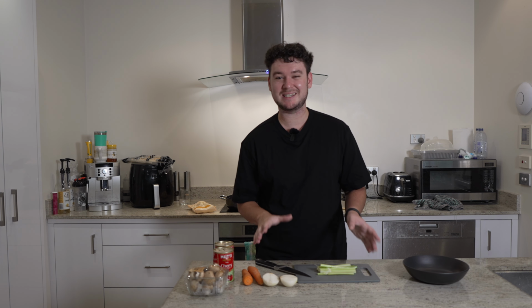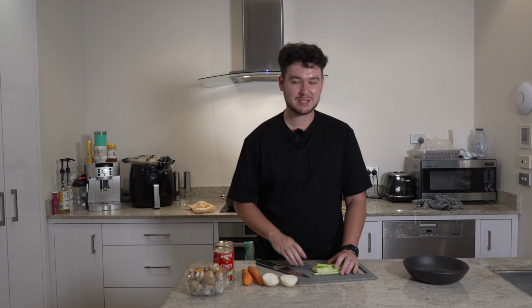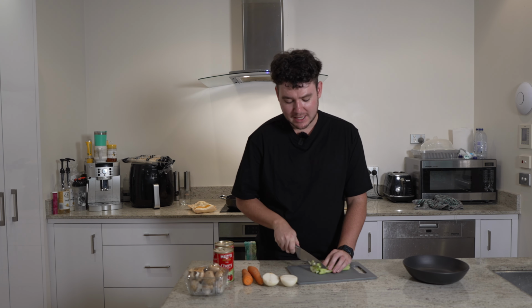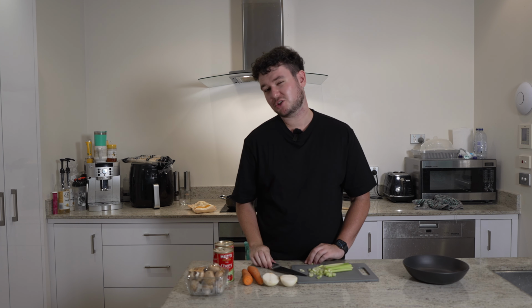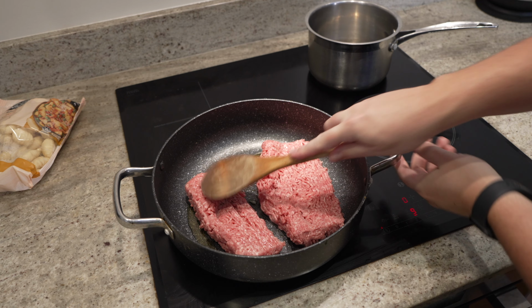Let's make a tasty weeknight lamb mince gnocchi dish. Now, this pasta is so easy. I'm just chopping up some veggies here and I'm choosing to use some celery, carrots, a bit of onion and some mushrooms and garlic. Meanwhile, just in the pan behind me, I've got some lamb mince that's just browning on some